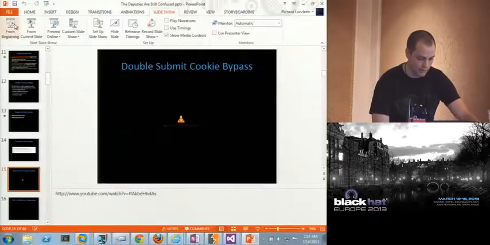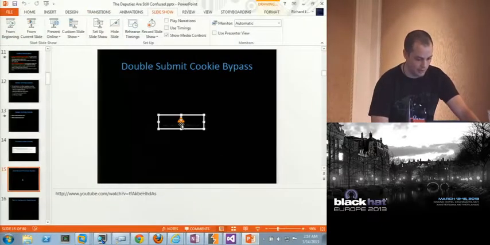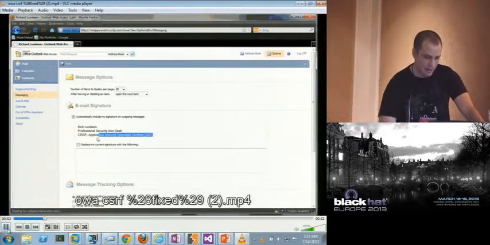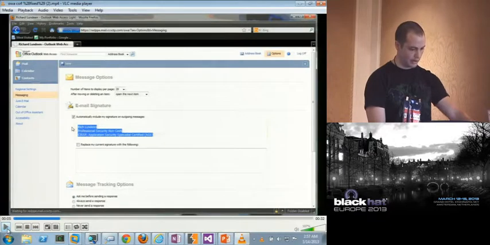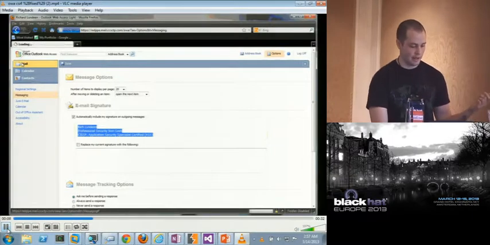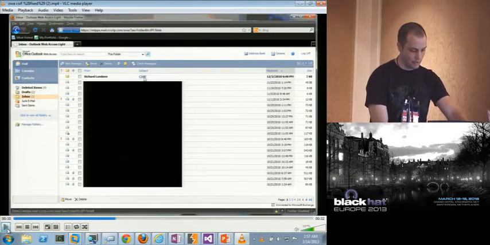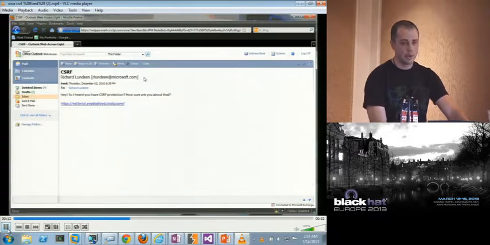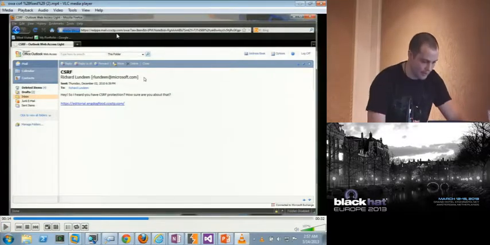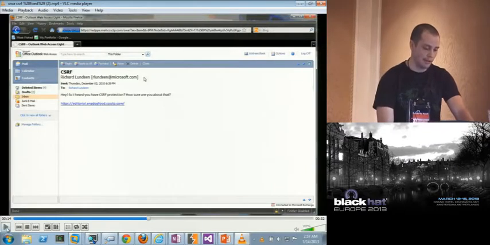An example of this, we showed this at CCC. What's happening here is this is OWA, before it was fixed. Here's my signature, and I get a mail from an attacker. OWA used to do this naive double submit cookie thing. This attacker email is kind of hard to read, but one thing you'll notice is that they have the same top level domain, but different subdomains.